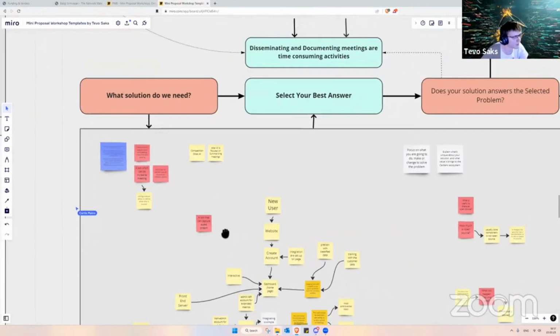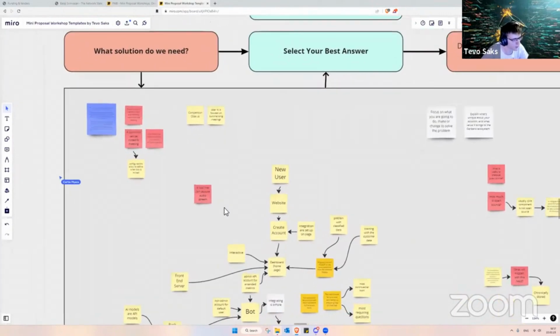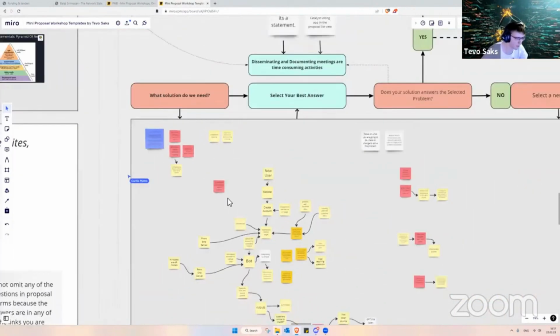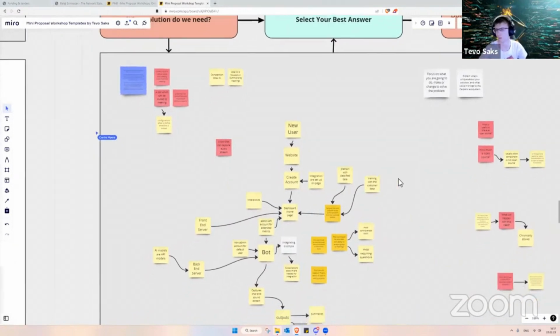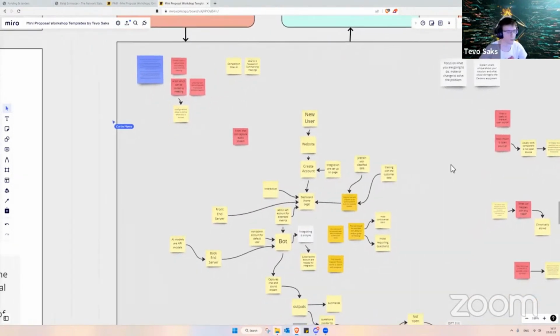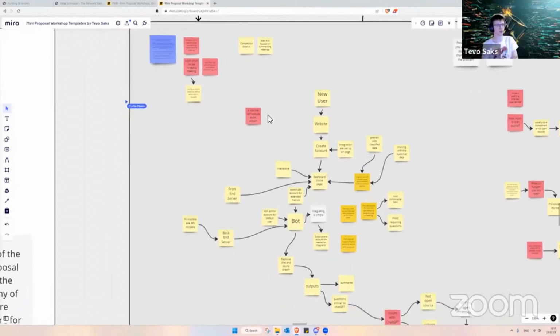I'm trying to craft now the solution statement and to be as abstract as possible. Perhaps you could also give a few minutes for everybody to ideate on that.